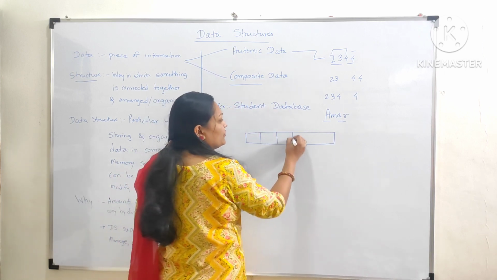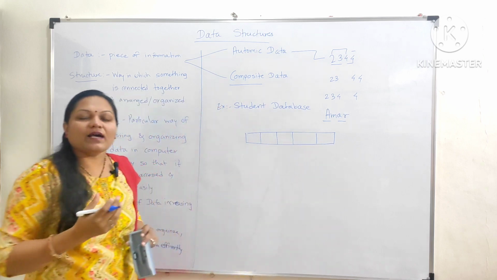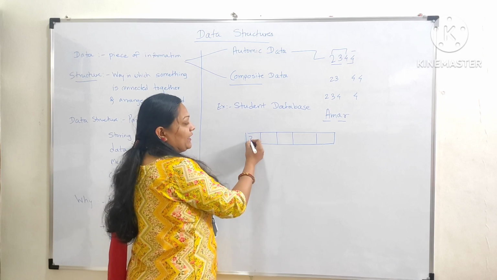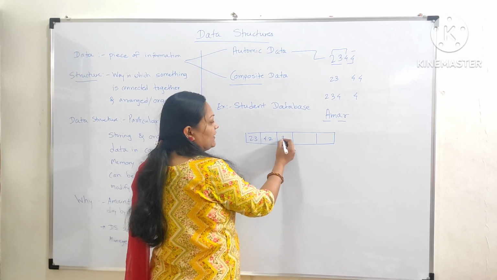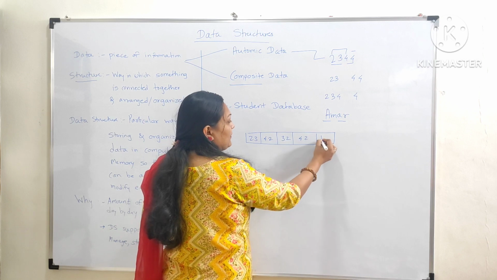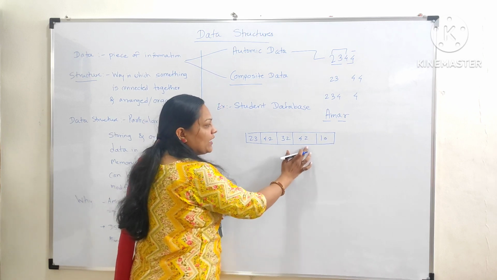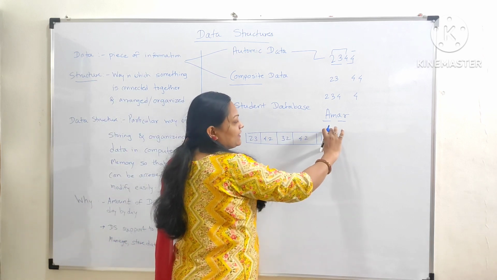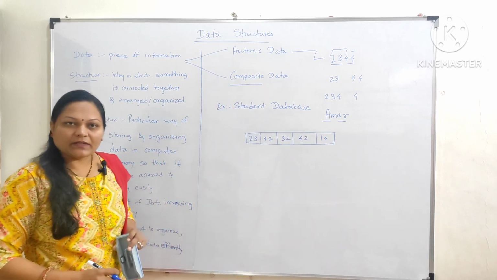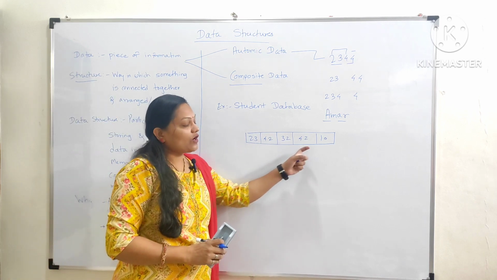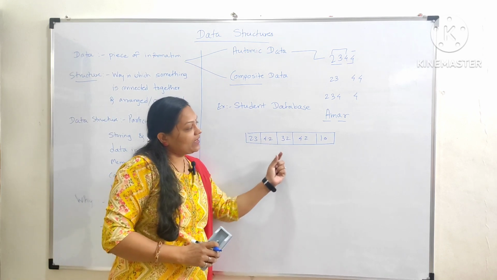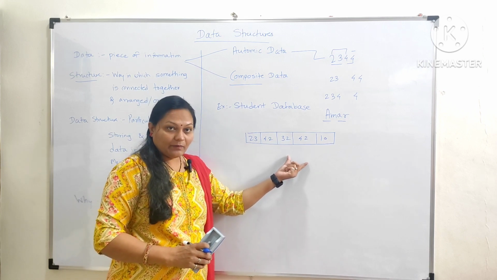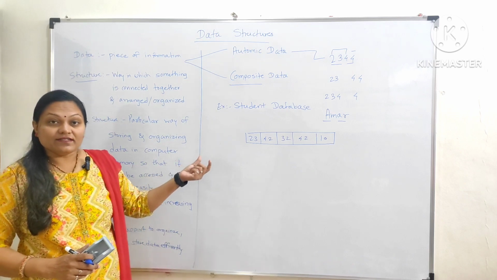So as all of you know, the array, I'll give the example of that array. In an array, what are we doing? We are just keeping data one after another like this. You can see this example where we have kept data one after another. Actually, we have organized this data one after another. So this is the structure of data. We are arranging data one after another. The way of arranging data is an array. So that we can say is a structure.